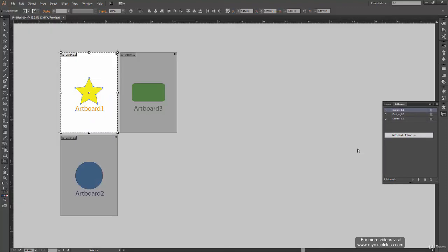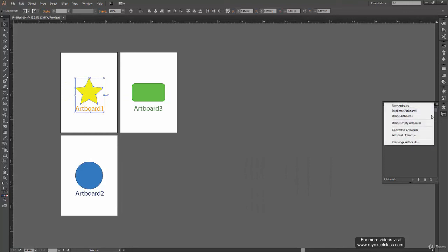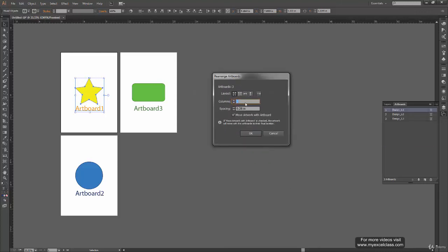And then from here also we can go to the artboard option and change everything over here. Click on OK or cancel, and click on delete, whatever you want to do. It's up to you. So I'm going to click cancel right now, and let's see the last option we have, which says rearrange artboards. So let us click on this and see what's with this option.